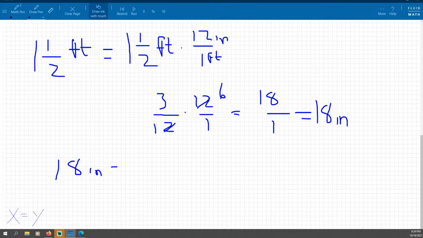So we're going to divide by 1/2. Now, what do we do here? We want to make this a multiplication problem, so we need to take the reciprocal of 1/2. What is that going to be? 18 times 2 over 1, which is the same as 2,